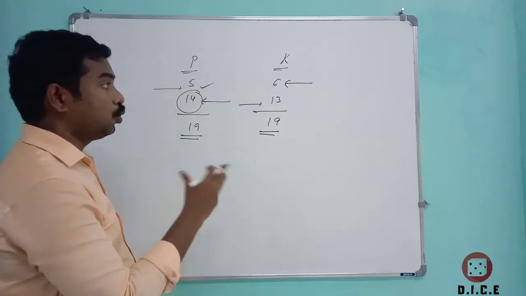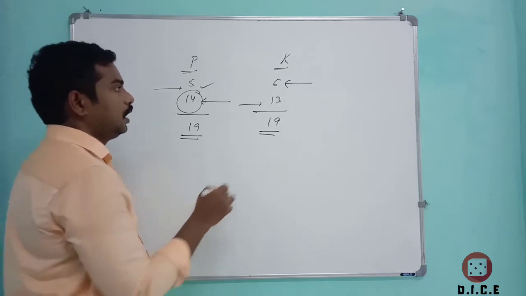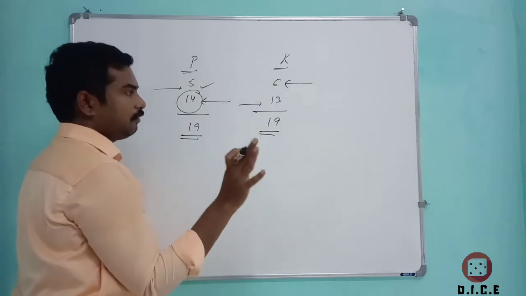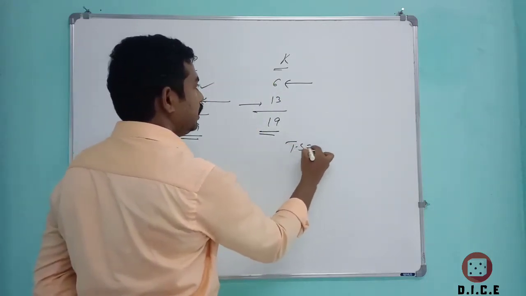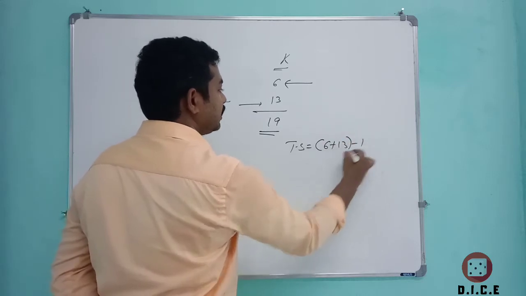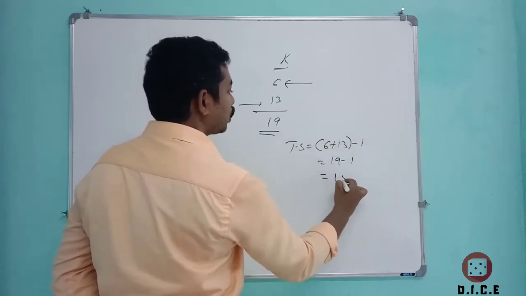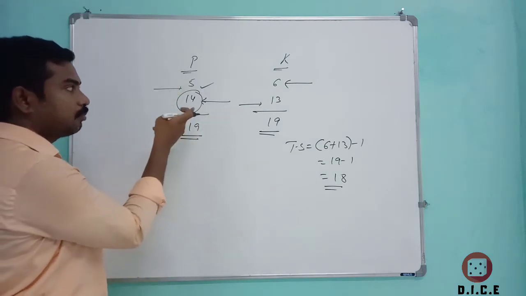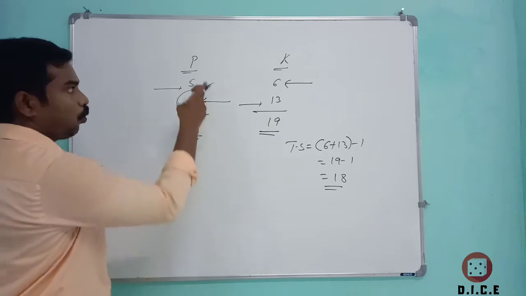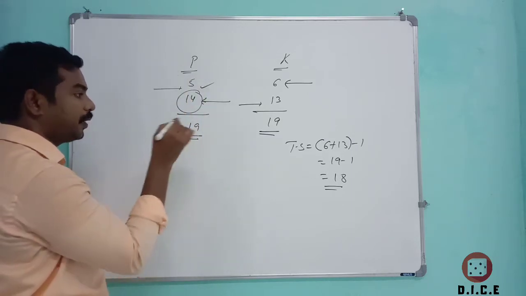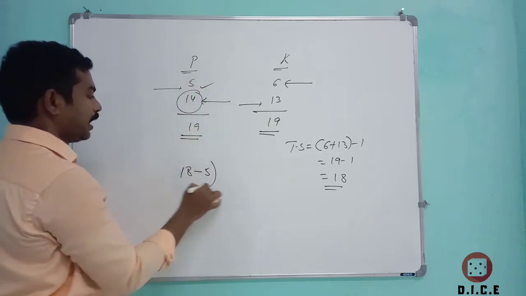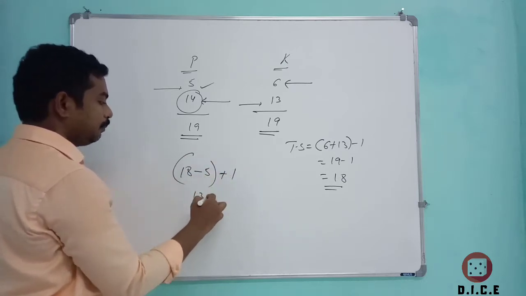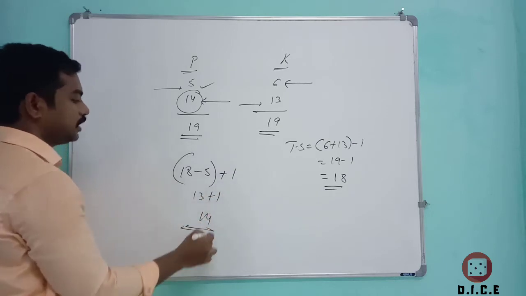Now if you don't want to do this process, if you want to check it down here, according to the data, 6th from the right and 13th from the left. If you add, the total students will be 6 plus 13 minus 1, that is 19 minus 1, so total students will be 18. As they are asking, what is the position of Preeti from the left hand? As we know the total, according to rule number 1, that is 18 minus 5 plus 1. What is 18 minus 5? That is 13 plus 1, which is nothing but 14. Therefore, the answer is 14.